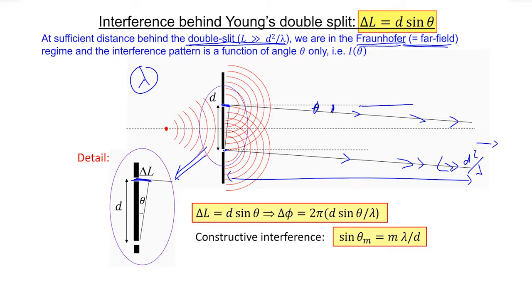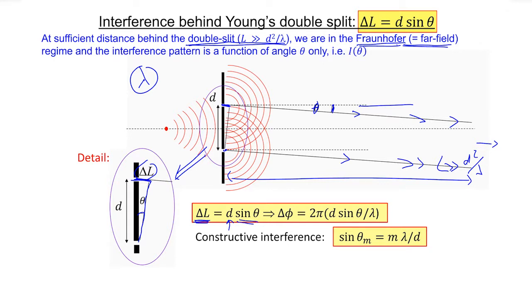So where do you observe the interference? And if you think a little bit harder, then you recognize a small triangle in here, and you'll easily understand